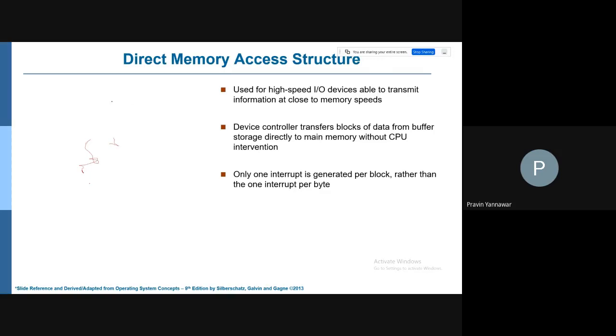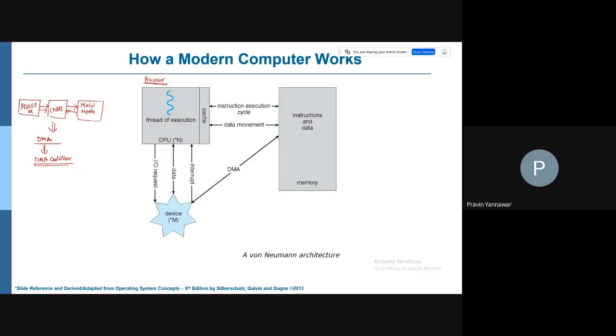Previously, whatever data is required had to be shifted to a cache and then the processor requests it, and it is like this. Okay, but if you have direct memory access, the DMA controller does this particular job of bringing information from the main memory to the processor. So this is going to be there.